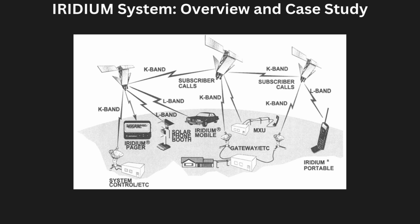What sets Iridium apart is its ability to offer true global coverage, including polar regions, which most other satellite systems cannot achieve. Communication is established by routing calls through multiple satellites in space using inter-satellite links until the signal reaches the destination or a ground station. The Iridium system uses TDMA and FDMA technology and operates in the L-band frequency, ensuring resistance to weather-related